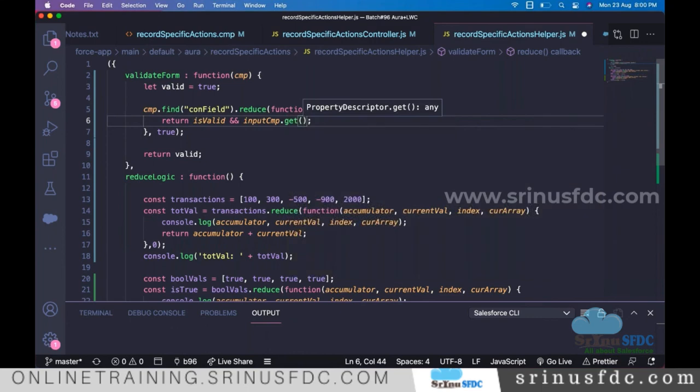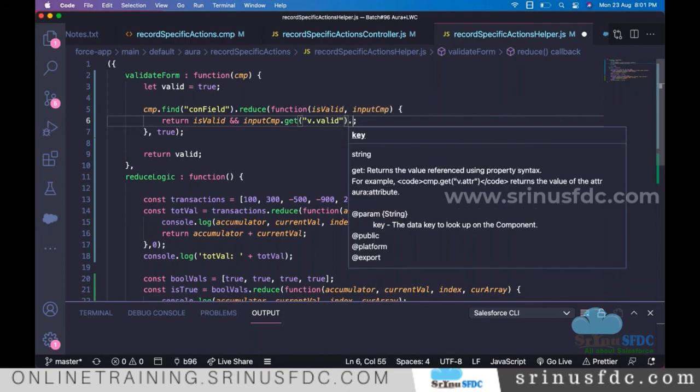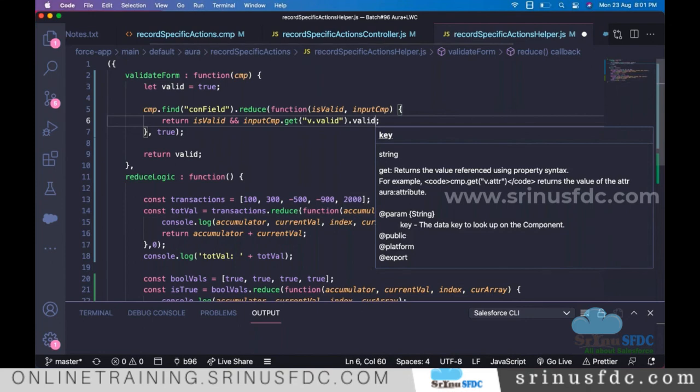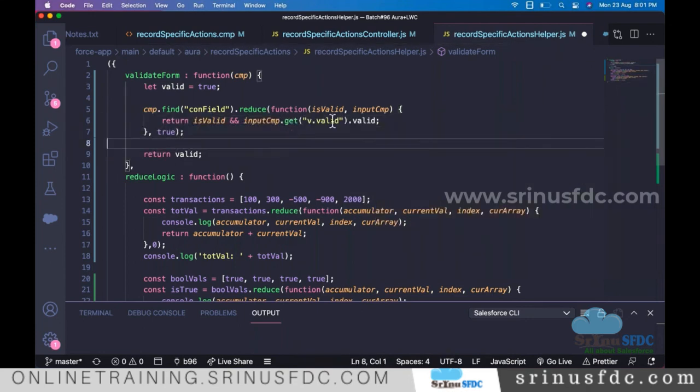So there is the attribute v.validity. If that is there, and the attribute value is valid, actually this is how we know whether, as per the validation, the input value is valid or not. Maybe if you see the documentation, you will get it.